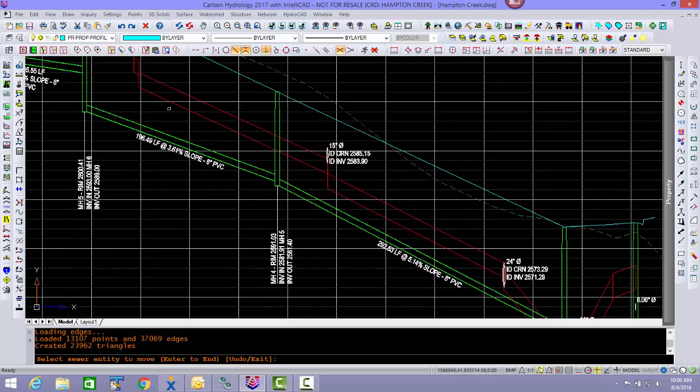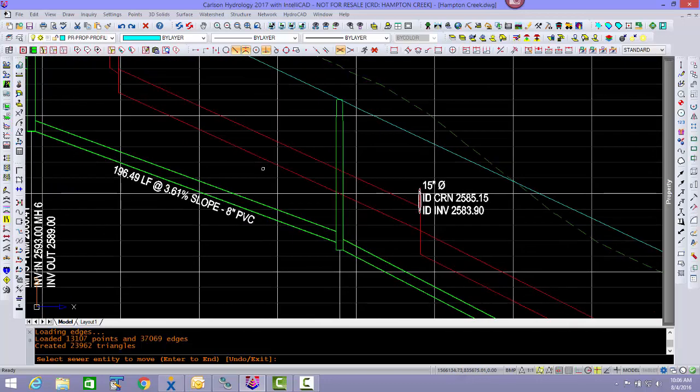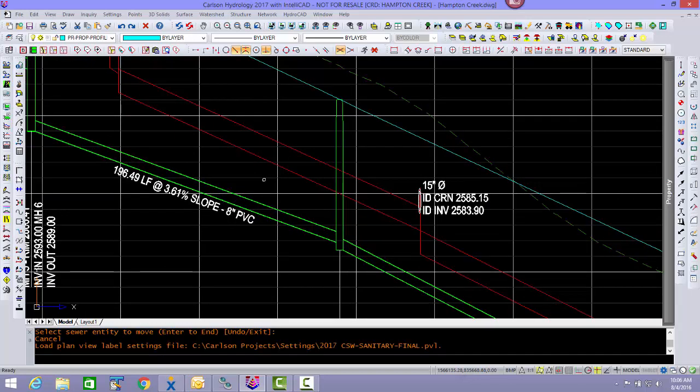Now, another thing, let's talk about coming down this pipe run. Okay, you can see this storm drainage here, and we're coming down. What we need to do is make sure that we can get service clearance underneath this storm drainage. We might not be able to go over the top, but you may have to come underneath. Well, typically what we'll do is we'll have 2 foot in here of vertical, just so we can get our sewer service to the lot. So, in that case, what I would do in a nutshell would be